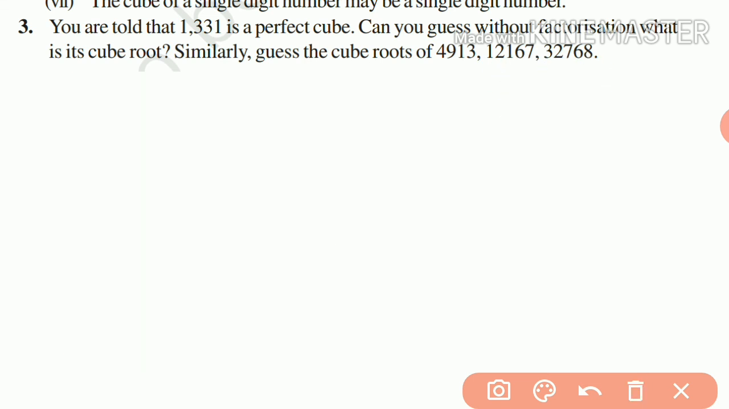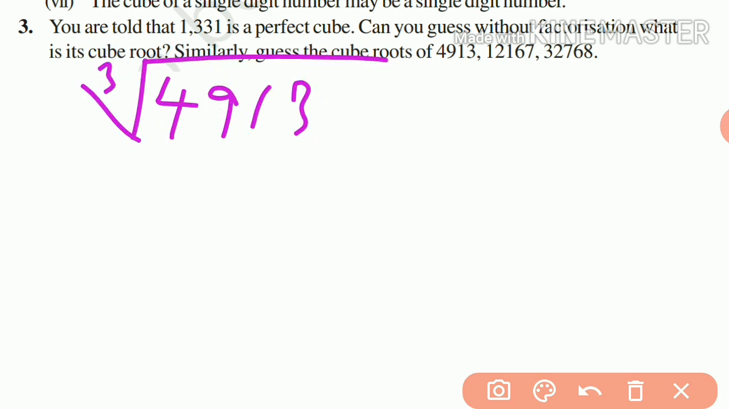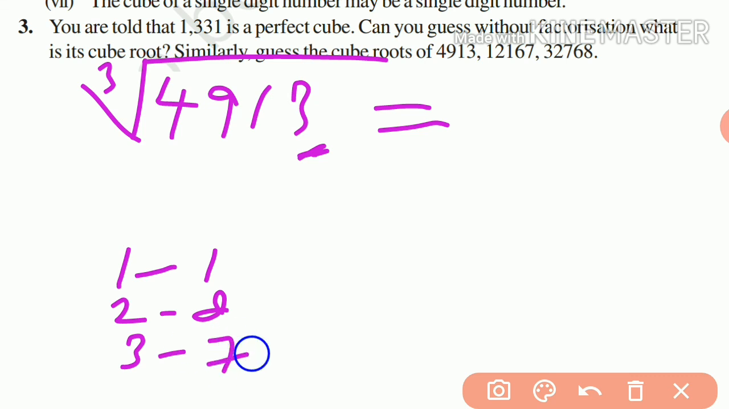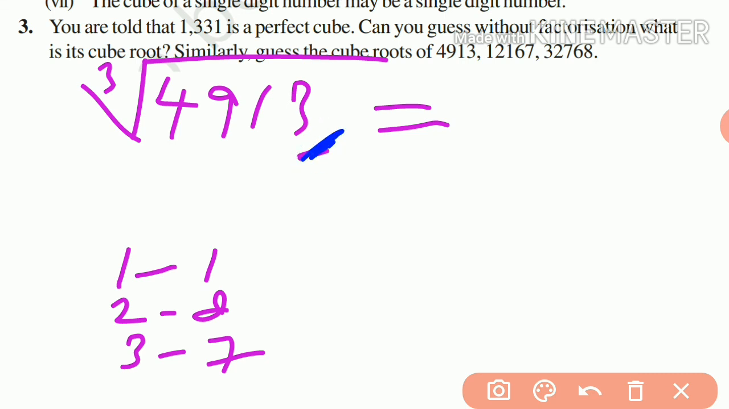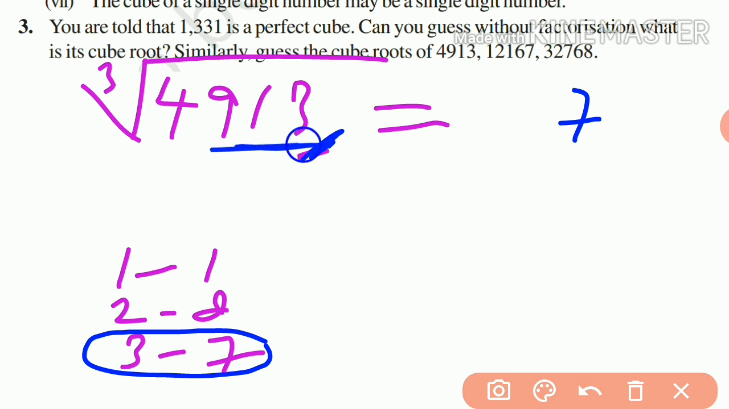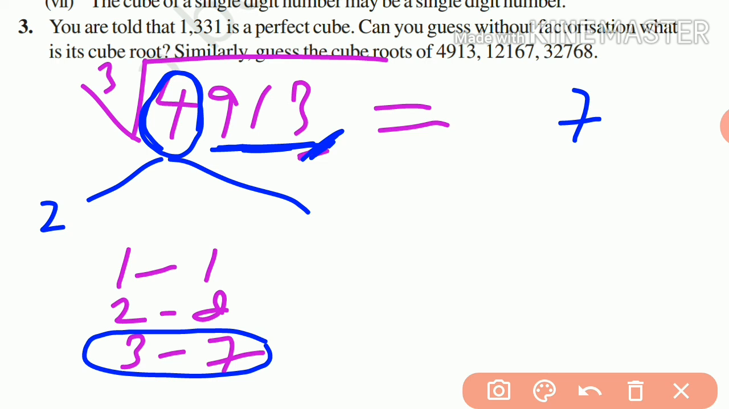Suppose the number given is 4913, then the cube root of this number will be, here is 3, so we know that 1 corresponds to 1, 2 to 8, and 3 corresponds to 7. Here the unit digit is 3, it means 3 corresponds to 7. We will write 7 at the unit place and leave 3 digits. Then here is 4, and 4 lies between 1 cube equal to 1